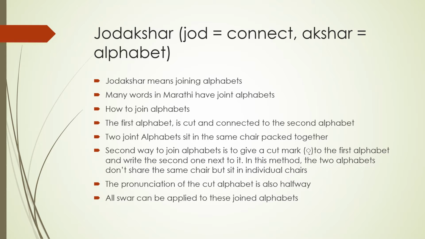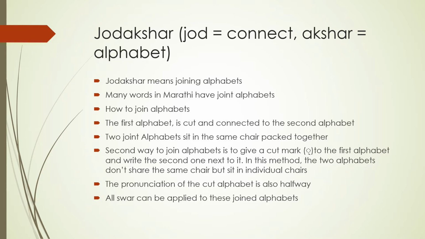In order to write a Zodakshar, generally what you do is you take the first letter, write only half of it, take the second letter and write that letter fully, and then put the vowel to that letter. In some cases, there is an alternate way of representing it. If you are not able to write a particular letter half, then you put a mark under that letter to indicate that it's part of a Zodakshar and is to be pronounced only half. Literally, it's known as cutting the letter, or in Marathi, it's known as pi modla.